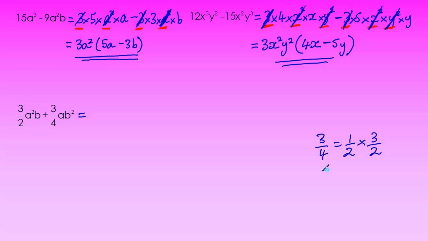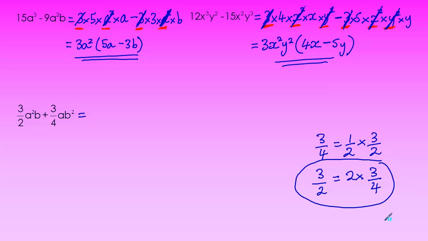Alternatively, 3/2 is twice 3/4. Now this might be the better one to use. 3/2 is 2 times 3/4. So what I'm going to do is write this as 2 times 3/4,